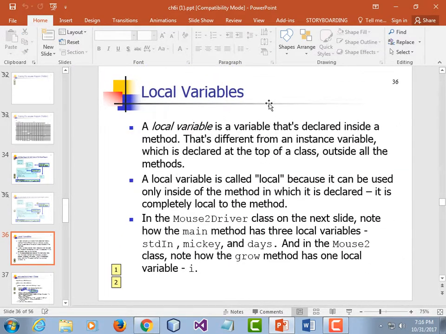So variables. A local variable, that's what we've been using all along. It's one that's declared inside a method, or inside of an if statement inside the method, or inside a while loop. It's defined inside a pair of braces inside a method. It's different from an instance variable, which is declared up at the top of the class outside of all the methods. So a local variable is called local because it can be used only inside of the method in which it is declared,